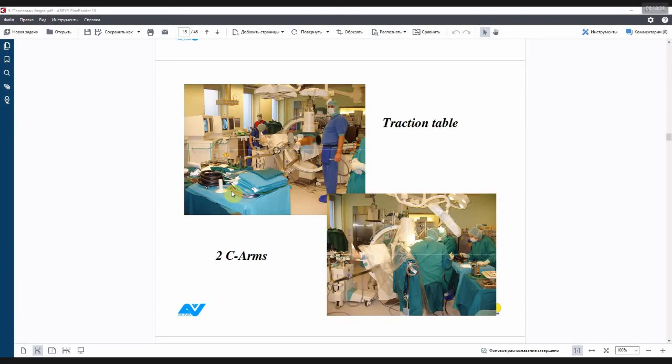Surgery is required when injury to a major vessel is suspected, for vessel repair,